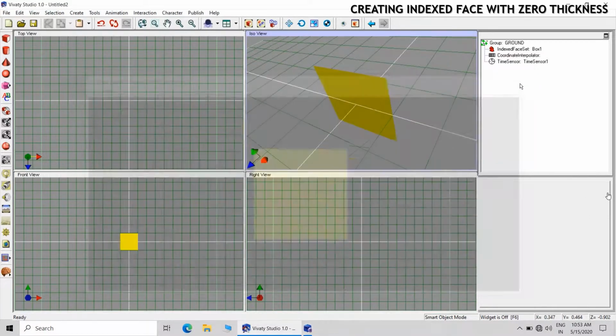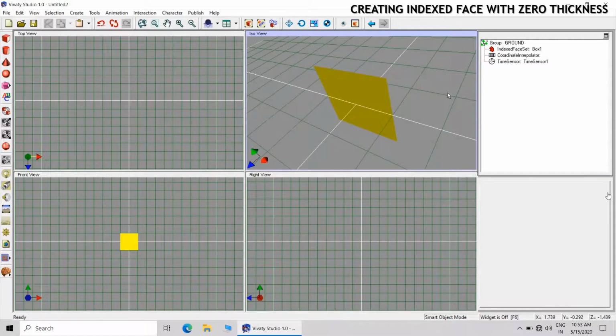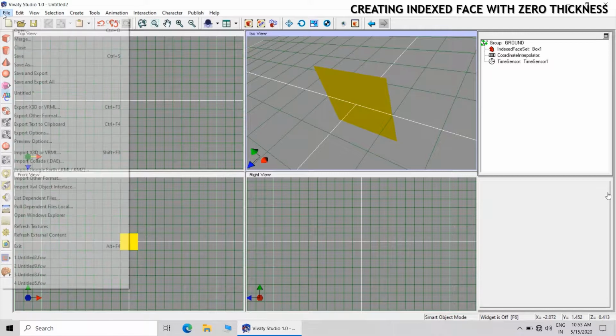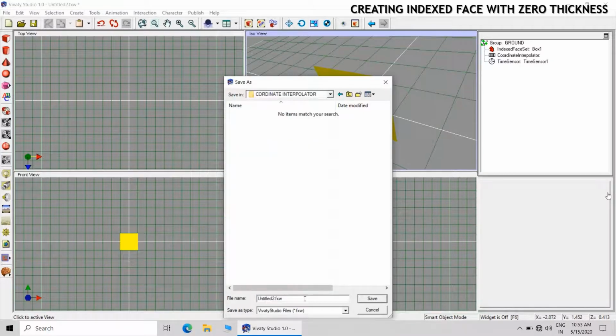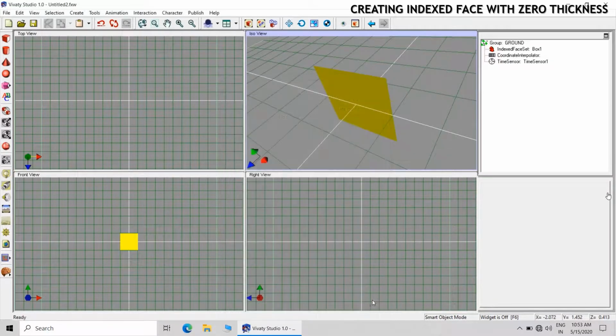So this is a flat plate. Now we will find out the coordinates of this plate so that they can be animated. So first of all we will save this particular file in the folder coordinate interpolator